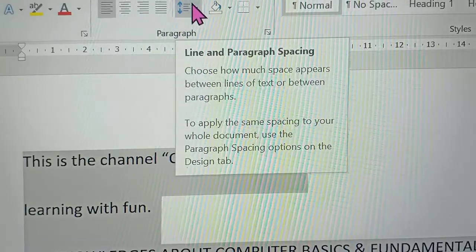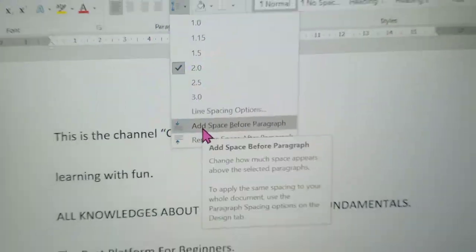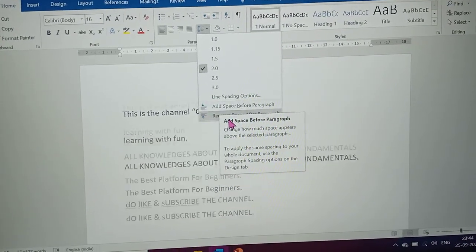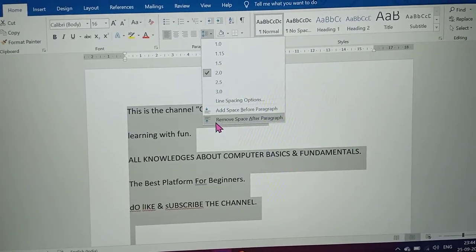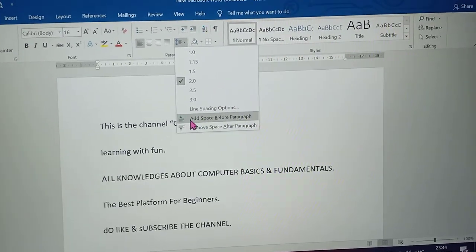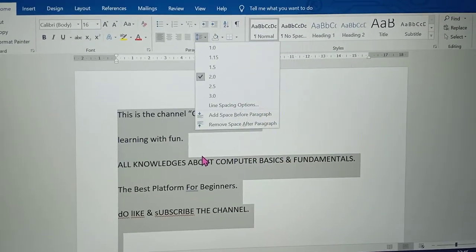You can give space between paragraphs also by using add space before paragraph and remove space before paragraph. By using these options you can change the line spacing and paragraph spacing.